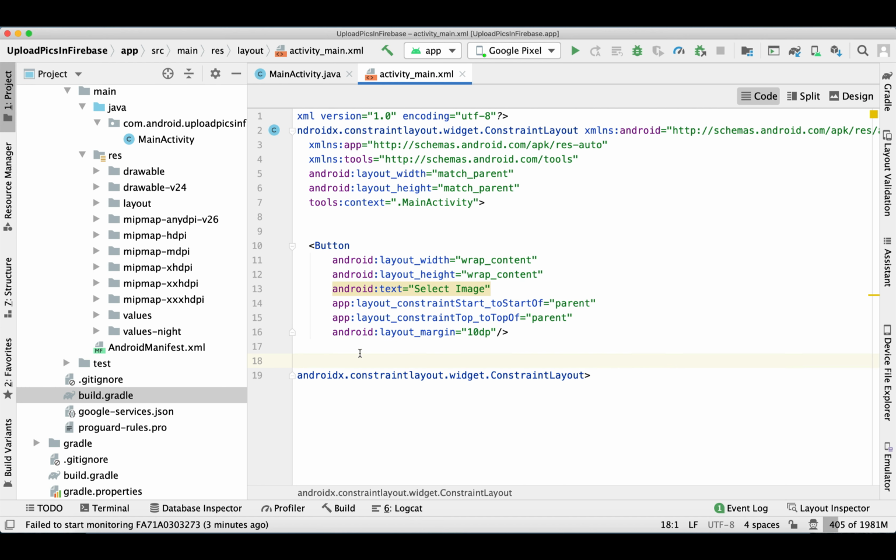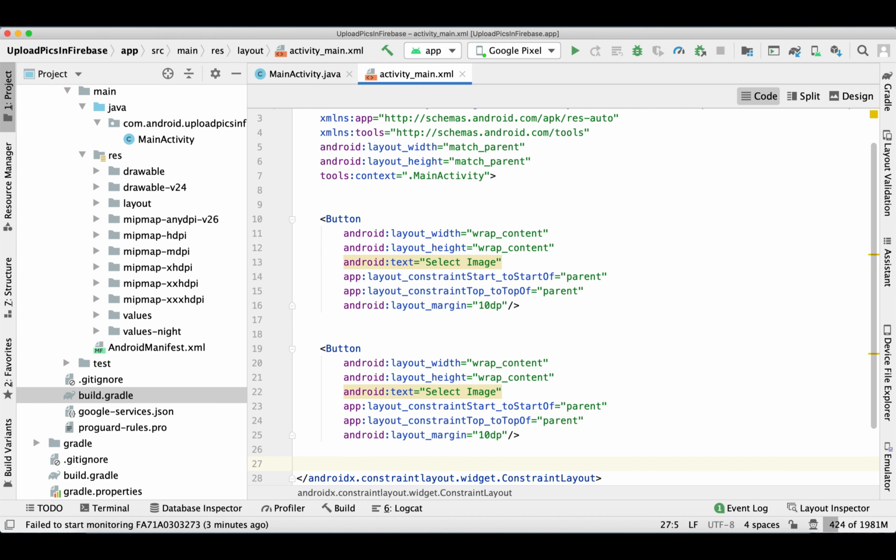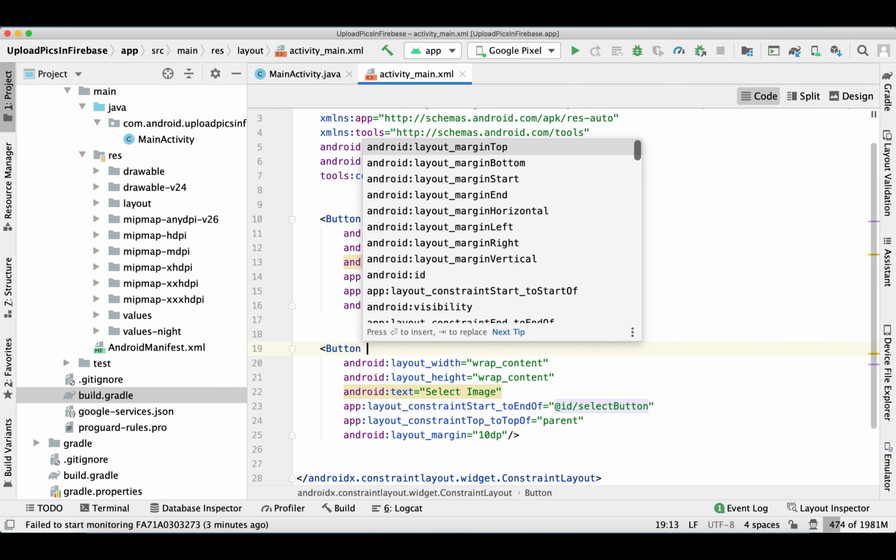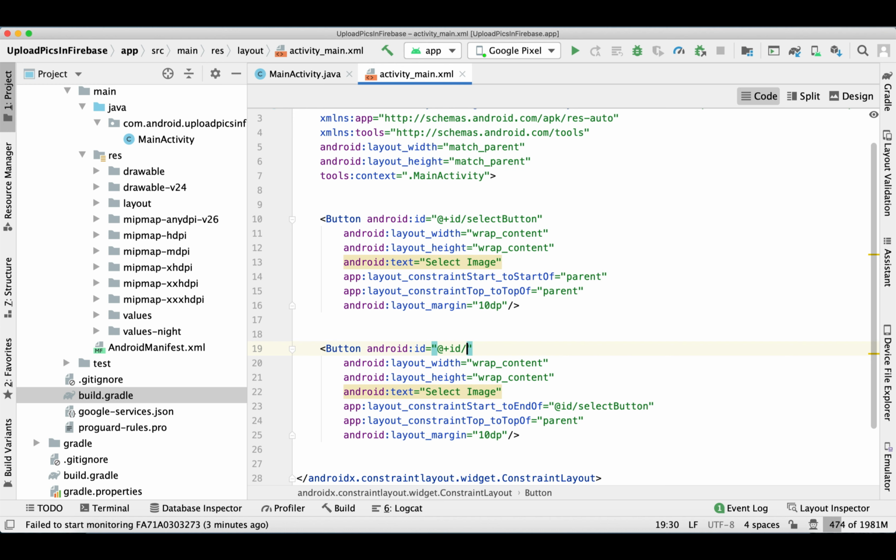The second button is for uploading our image.